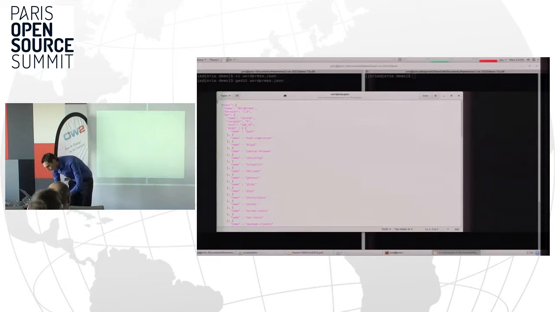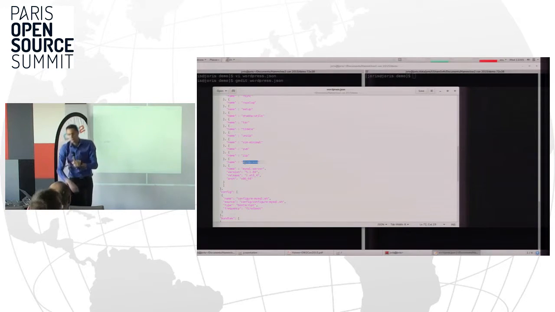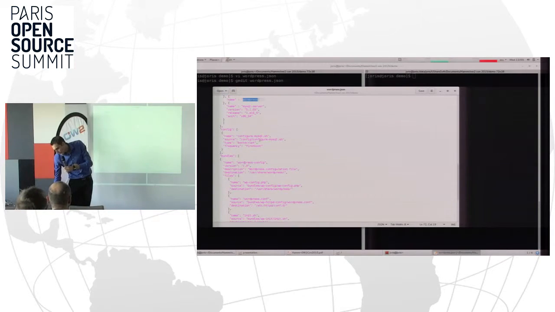So very quickly, I have created a stack with packages. It's based on CentOS. And I have set the package WordPress because I want WordPress. I have set a MySQL server with a specific version. And I have set a config file. The config file will create a default database.